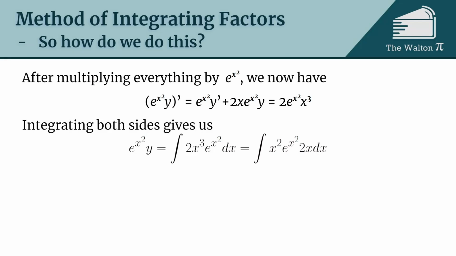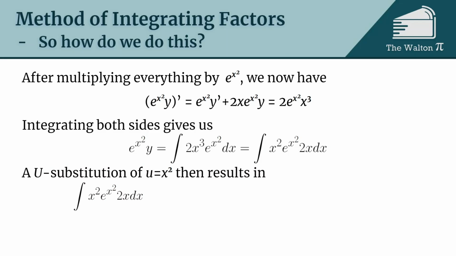Well, we can rewrite this a little bit to be x squared times e to the x squared times 2x dx, and then here, a u substitution where u equals x squared turns this into the integral of u e to the u du, and then this is just an integration by parts problem. So that becomes u e to the u minus e to the u plus some constant c,